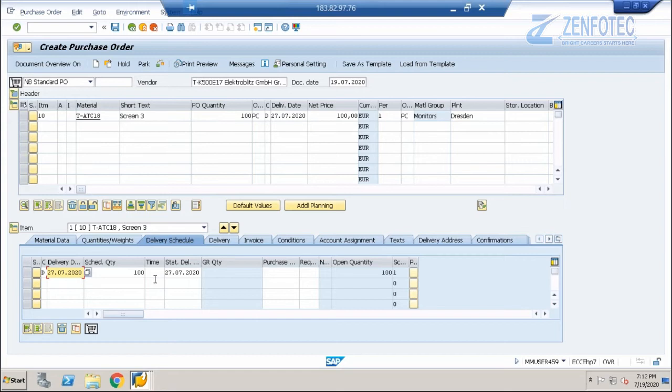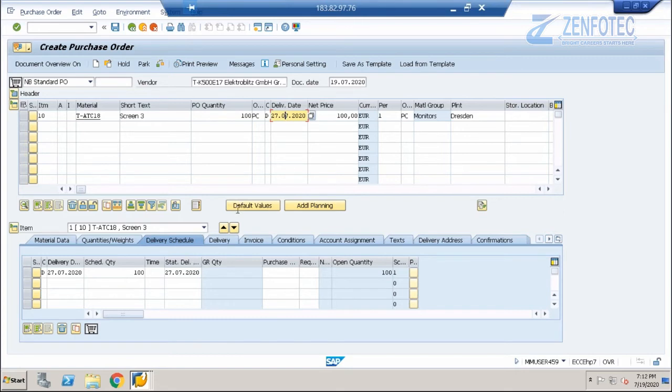As of now, you see the statistical delivery date is the 27th and this is also the 27th. The date variance calculation will happen on the statistical delivery date. That is, the date of goods received in MIGO will be compared with the statistical delivery date, not this delivery date.